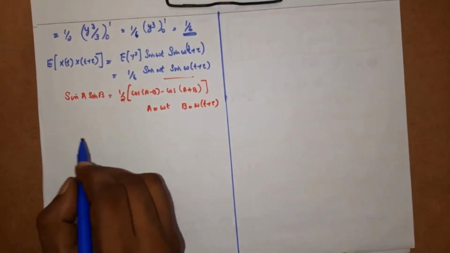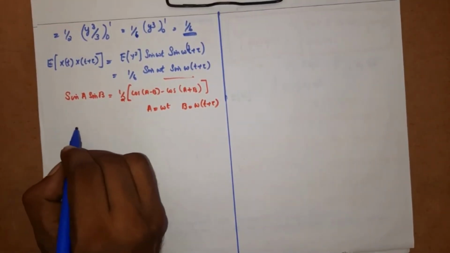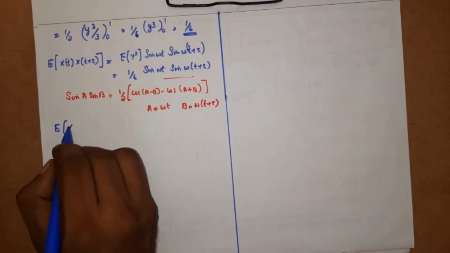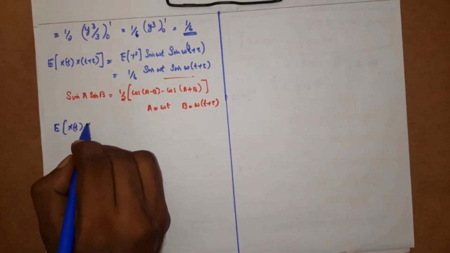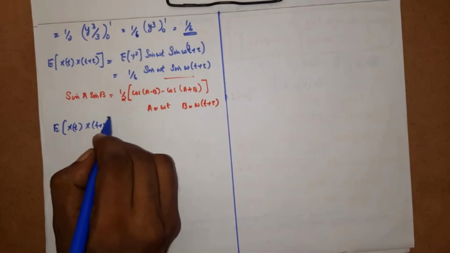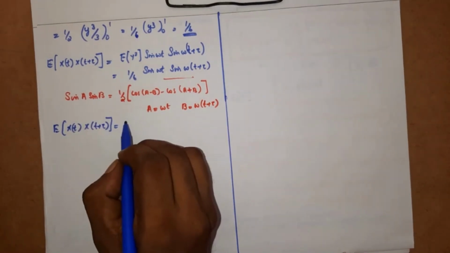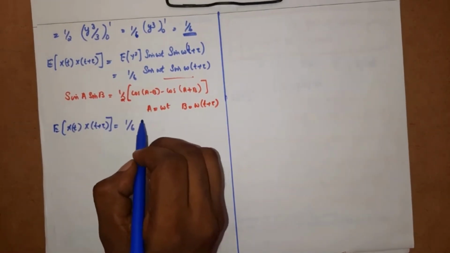Substituting this equation, we will get expectation of x of t into x of t plus 2 is equal to 1 by 6 into